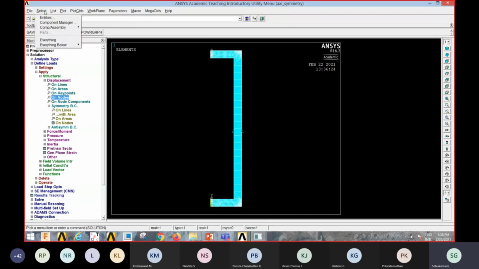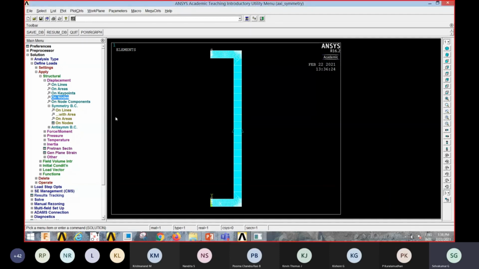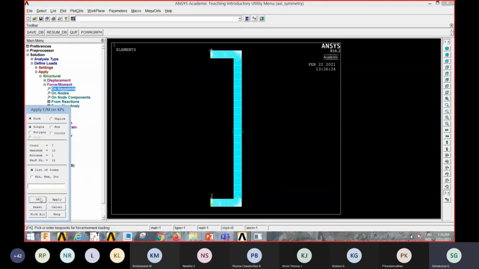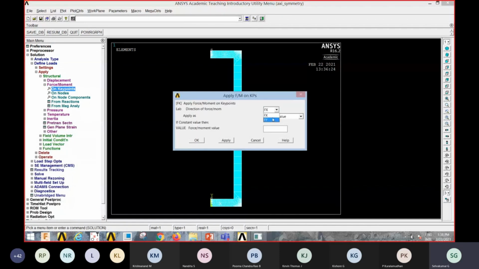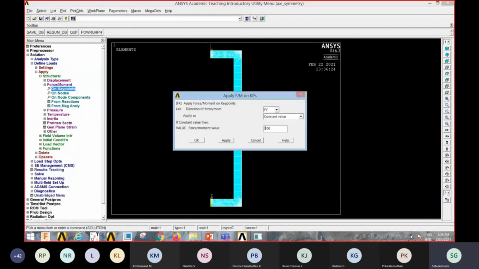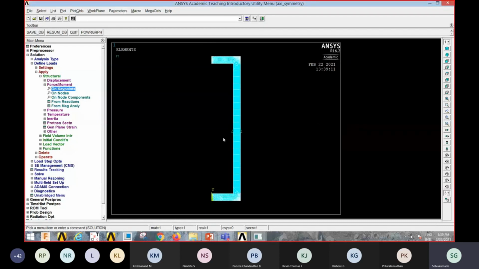Next, select entities by location. Now we click select all. Okay, right. Next, cancel. Since we want to find out the values at a particular location, I will tell you later. On keyboard, on key points, apply the load. Apply the load Fy. Load is 100 Newton, therefore apply 100. Upward direction. And again next is the bottom. This is minus 100. So 100 Newton load is applied now.